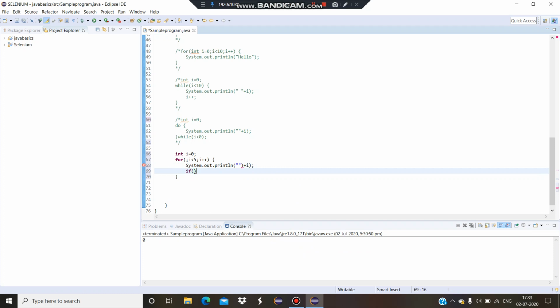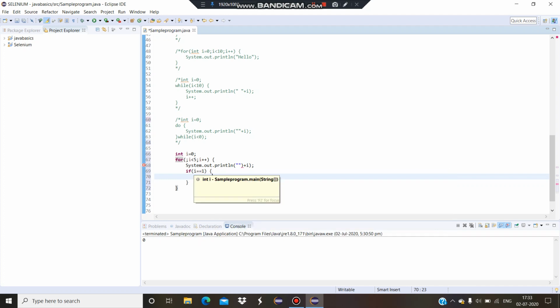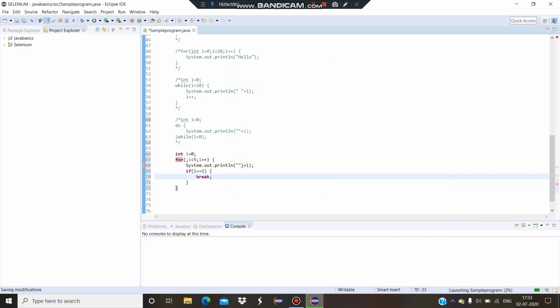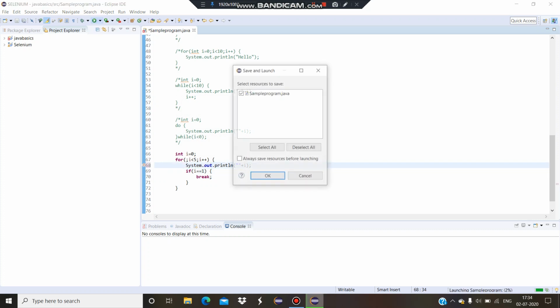And checking if i equal to 1, then break. So what would you think the output would be? It would first print 0 and it would see the if condition after incrementing. So 1 equal to 1, then it will come out of the loop. So it will print only, wait for a second. It will print only 0.